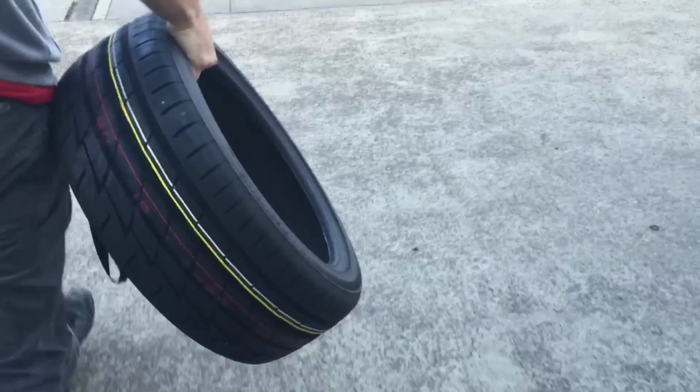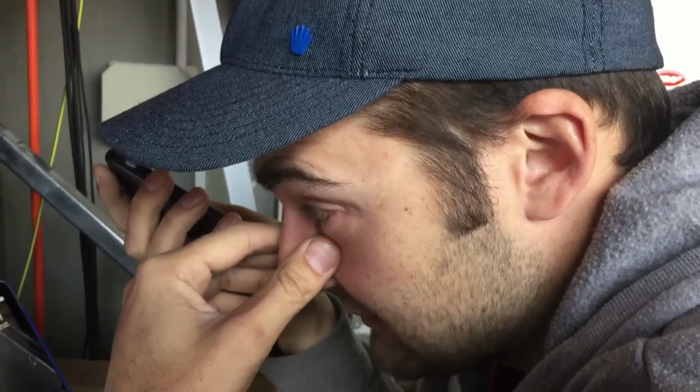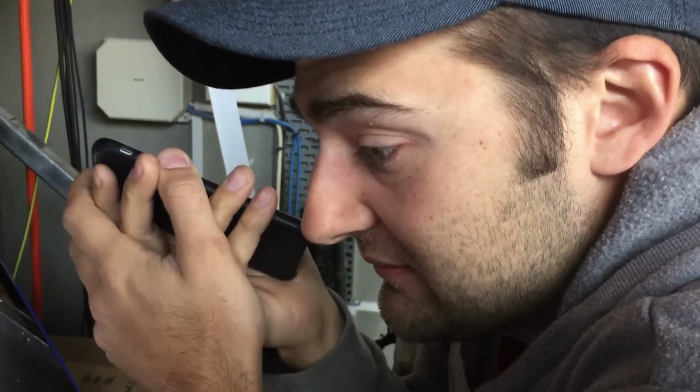The first thing we're picking up is a set of RE003s, which are a performance tyre for people who like driving fast. Are you pumped? I am pumped. I'm actually a little bit pumped about getting the other tyres too. I'm after the hardest, cheapest, worst tyres that you can find me. The cheapest tyres that I have on that side would be something like